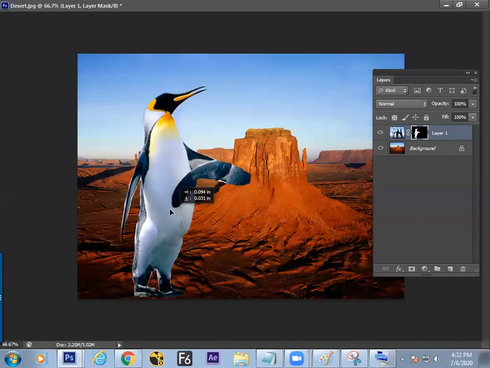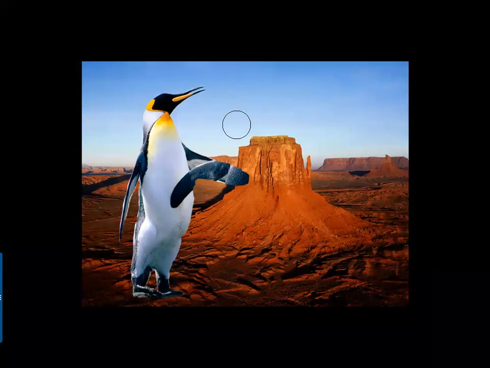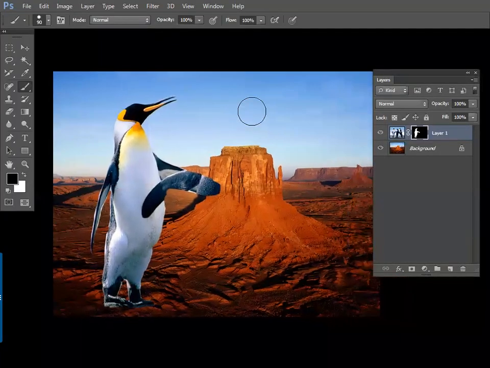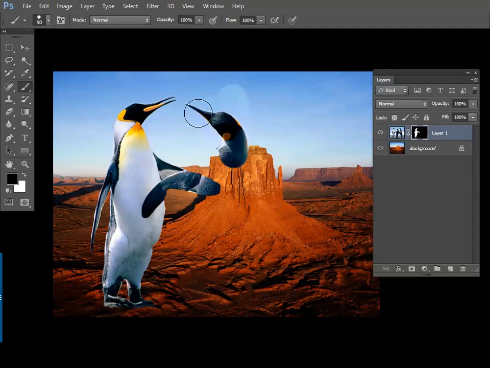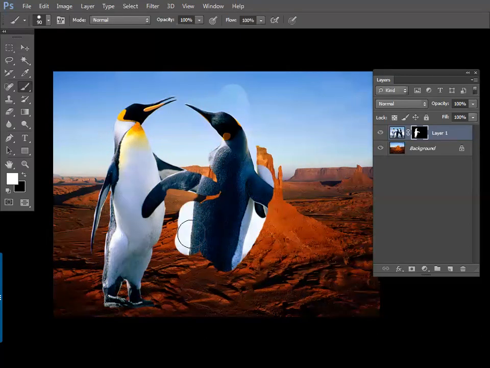Now the director asks that after the cutting is finished, I need to see some part of the second character. Switch to the brush, get it okay, and paint which color? Black. Black is to hide, white is to show, right? Can you see? The second character, yes, immediately you can show it up. What you're doing now is just painting the matte.